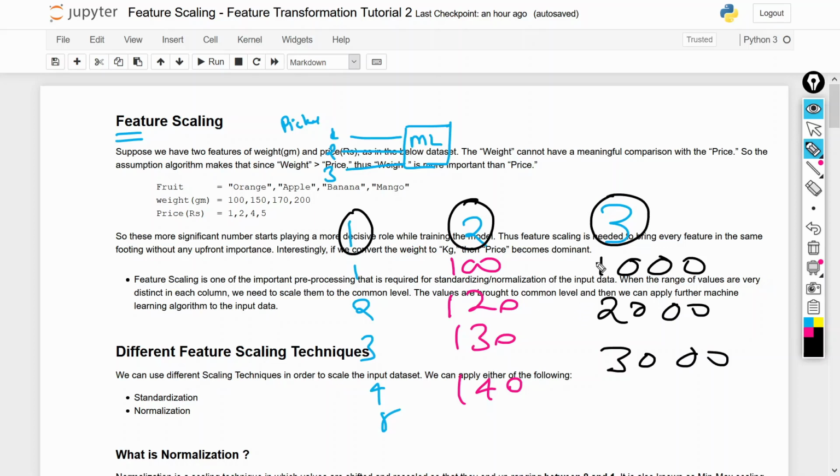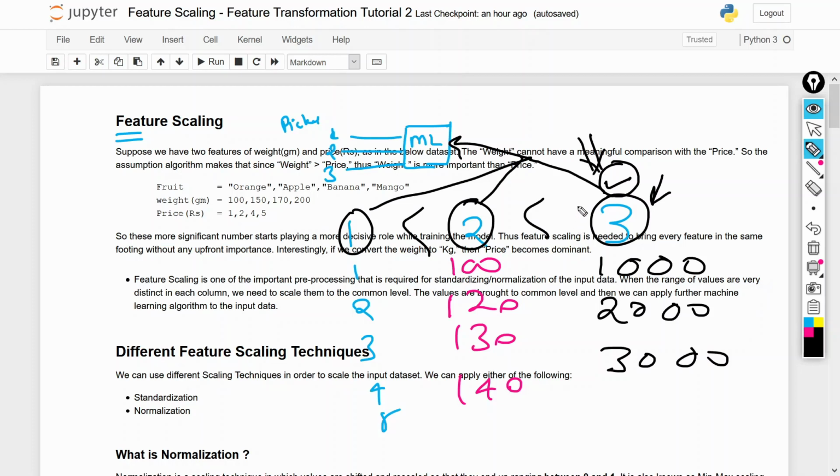So what would happen once we use these features to train our machine learning model? Our model will try to make some pattern while doing the training, and it will understand that feature 3 has a higher range. The model will give more importance to this feature and less to the others. So our model will be biased towards the third feature.